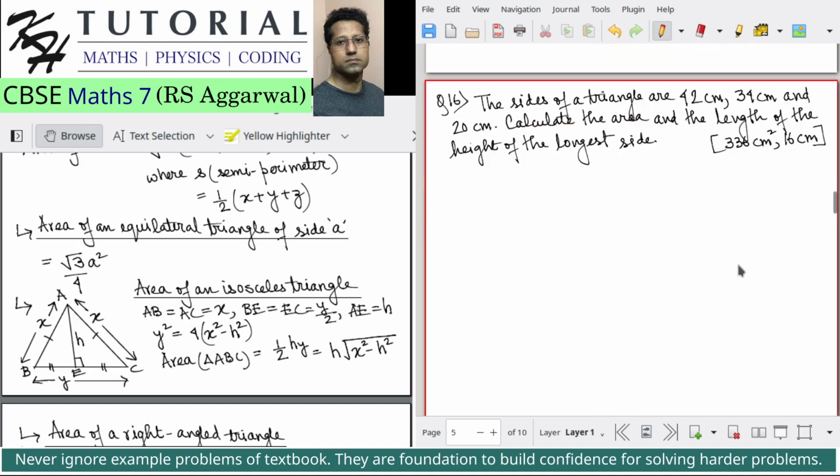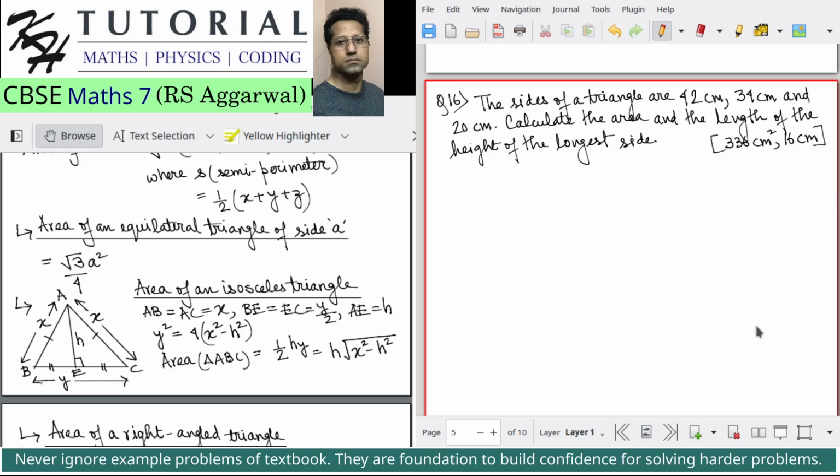Question number 16. The sides of a triangle are 42 centimeter, 34 centimeter, and 20 centimeter. Calculate the area and the length of the height of the longest side. Which means that you have to find the height corresponding to the longest side of the triangle, which is 42 centimeter. So we have to find the height of the triangle considering the side of length 42